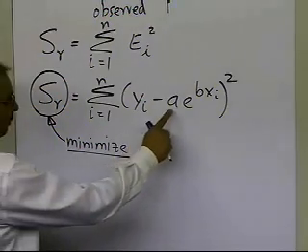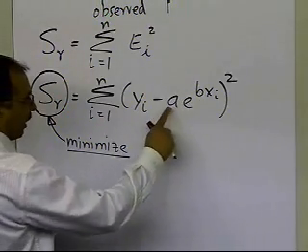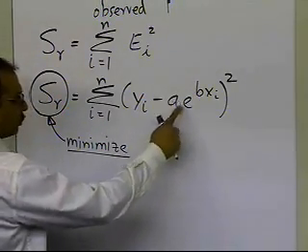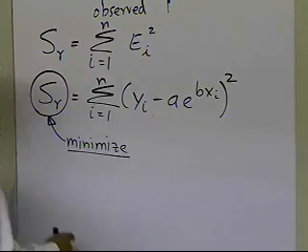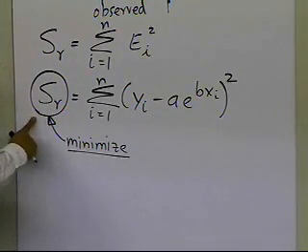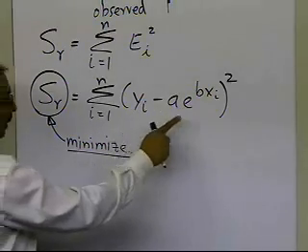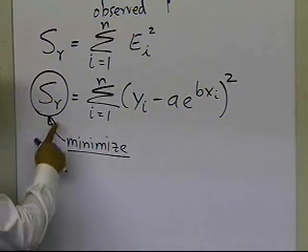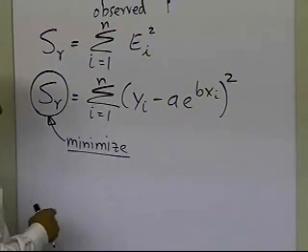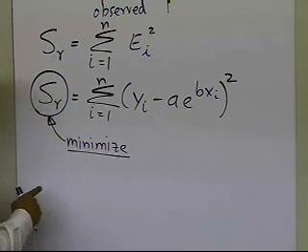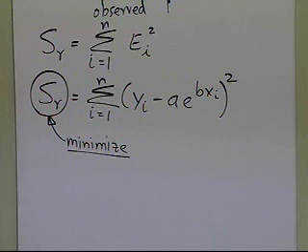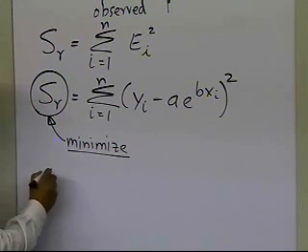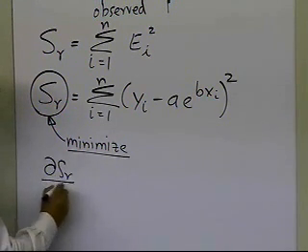If we can only minimize with respect to a and b, that means we'll have to take the partial derivatives, because we have two variables now, a and b. We'll have to take the partial derivative of the sum of the square of the residuals with respect to a and b and put that equal to 0 to possibly find out what the minimum of this function is, because just taking the first derivative and putting it to 0 doesn't tell you if it's a max or a min. So let's first go ahead and take the first derivative and put those equal to 0.